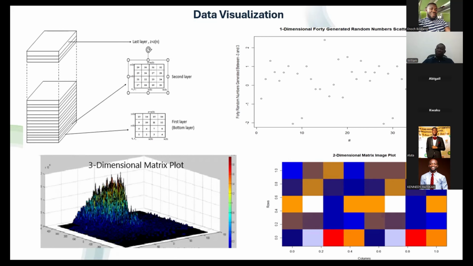I have another question. The two-dimension matrix image plot and the three-dimension matrix image plot, are they related? No, it's just an example. This data is a 1,000 by 1,000 matrix on the top left, bottom left. And this one is just